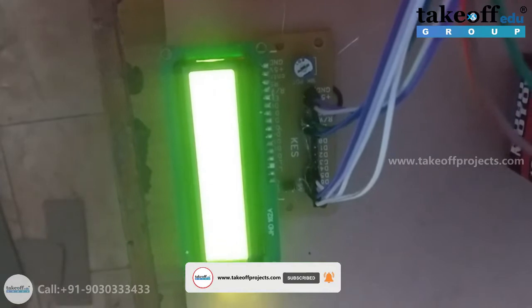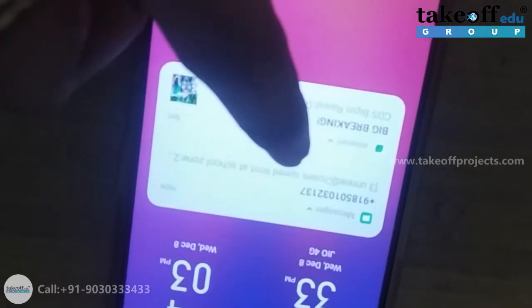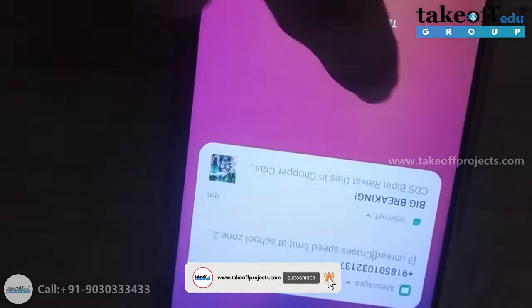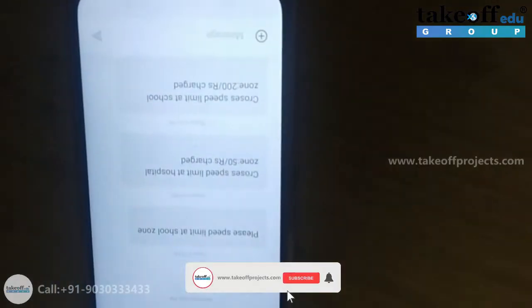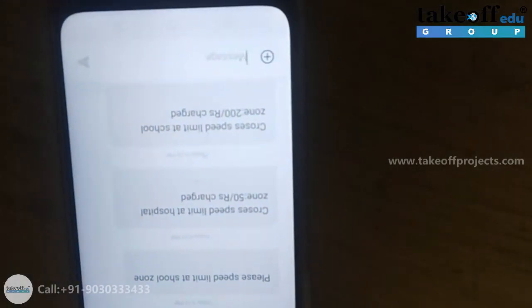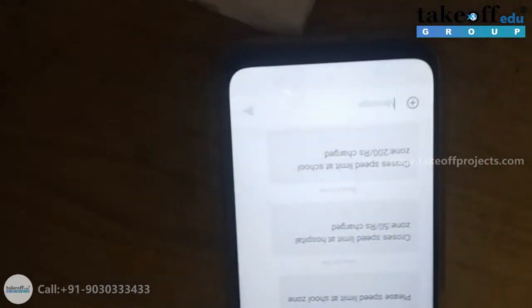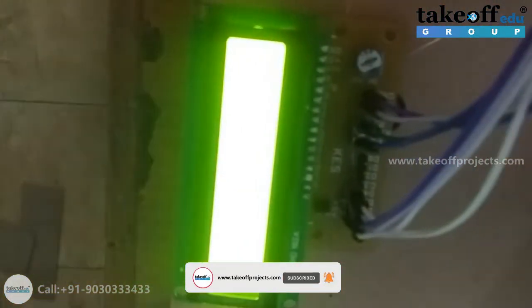So that's why you will get a message alert like this: crosses speed limit at school zone, and also the vehicle number plate is sent to ThingSpeak. So this is exactly how you will get an alert, and the data is also uploaded.